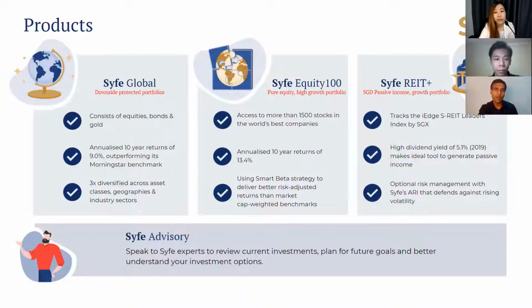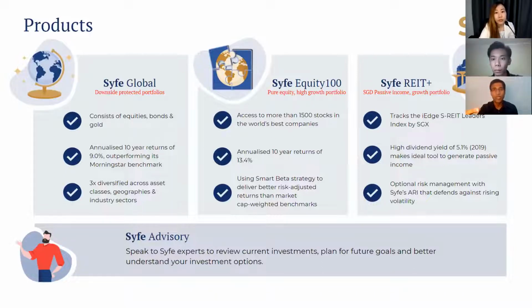So rather than, again, be subjected to our own emotions and biases, we follow a very data-driven approach in terms of having a smart beta strategy. And I'll go over it maybe a little bit later in terms of what that entails. But to really focus on certain factors that drive returns to your portfolio. And that's what I think the Equity 100 tries to do. It is really to maximize your returns. And that's why we espouse using Equity 100 as more of a satellite.